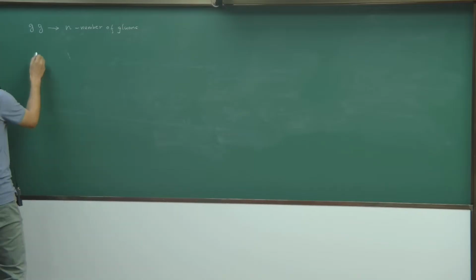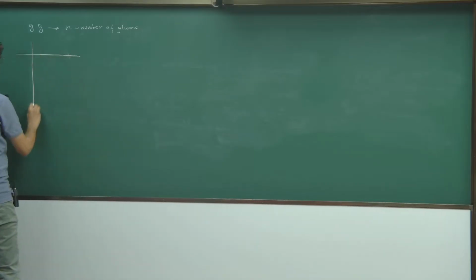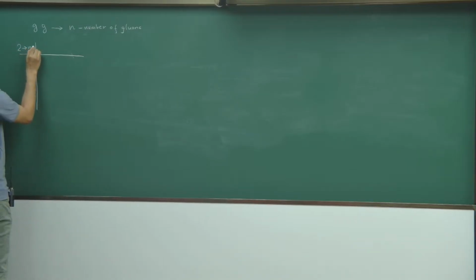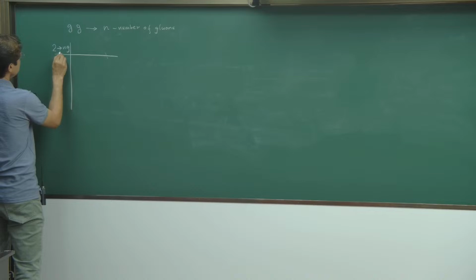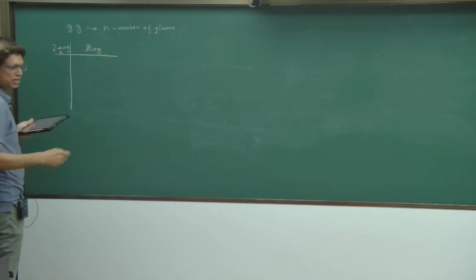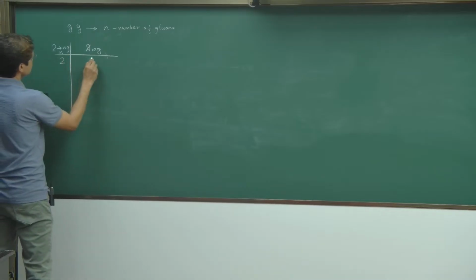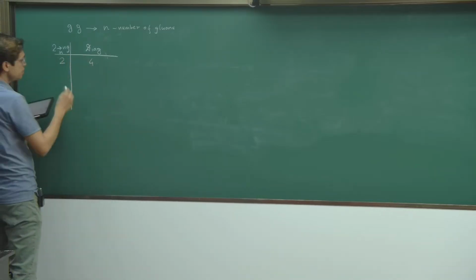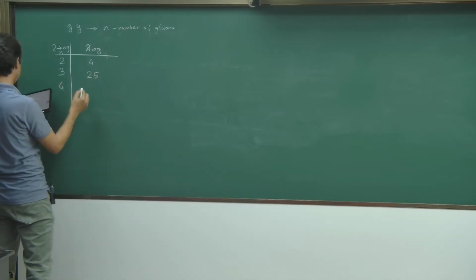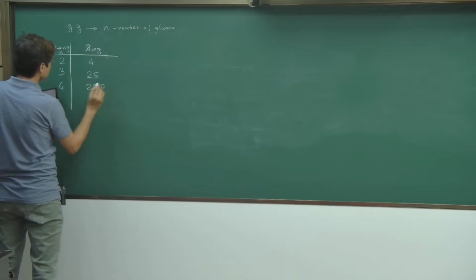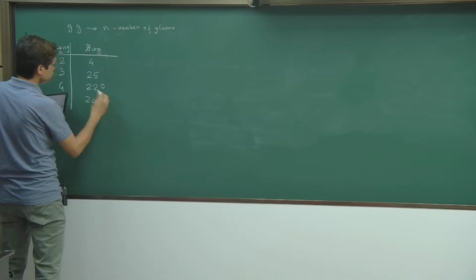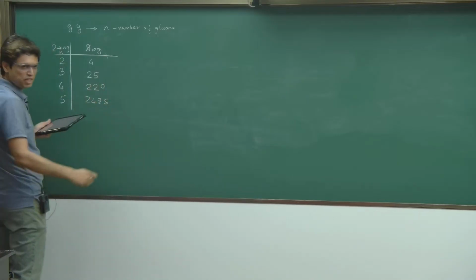Now if I make a table, this is 2 to n gluons, and here I am writing the number of n, and here I am writing the number of diagrams, okay. Now for 2 to 2 gluon, the number of diagrams is 4, okay. 2 to 3, it is 25, 2 to 4, it is 220, 2 to 5, it is 2485. So you see how gradually they are becoming